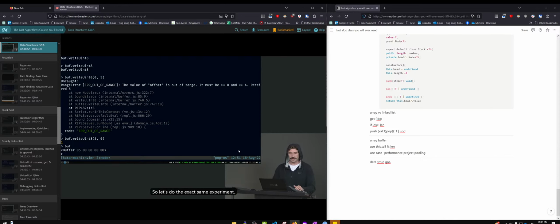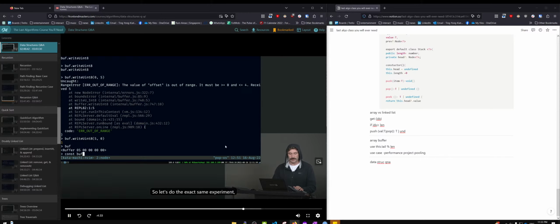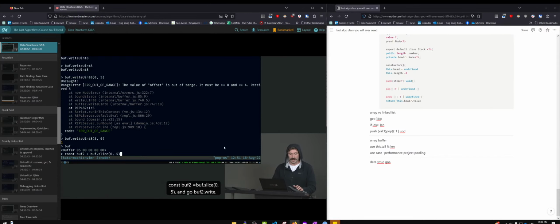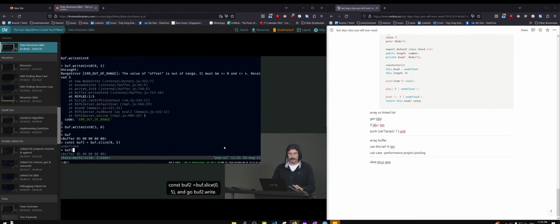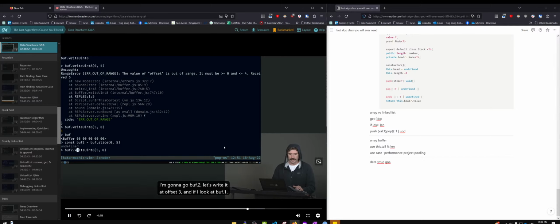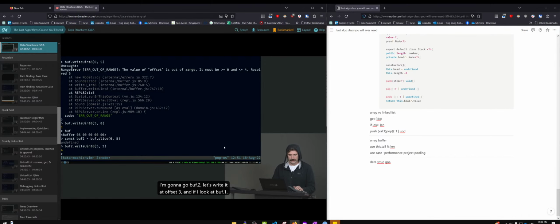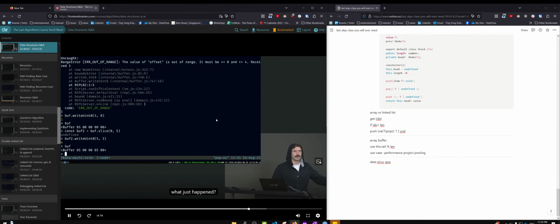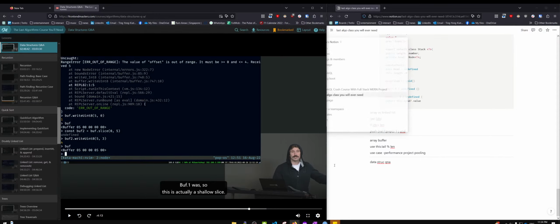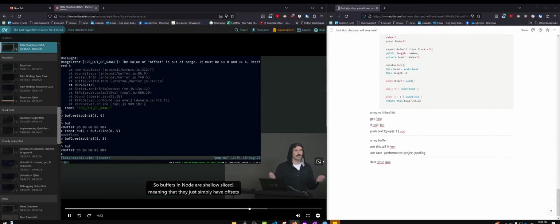Awesome. So let's do the exact same experiment. Const buff2 equals buff.slice 0 to 5. And then let's write it at offset 3 on buff2. And if I look at buff1, what just happened? So this is actually a shallow slice. So buffers in Node are shallow sliced, meaning that they just simply